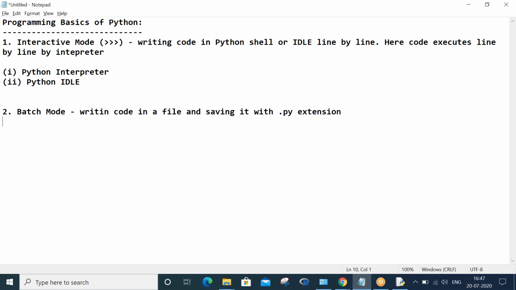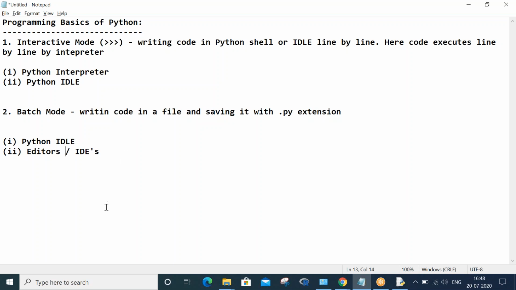Batch coding can be done in Python IDLE and editors, even IDEs also. I would like to show how we do batch coding in Python IDLE, and also in editors as well as IDEs.